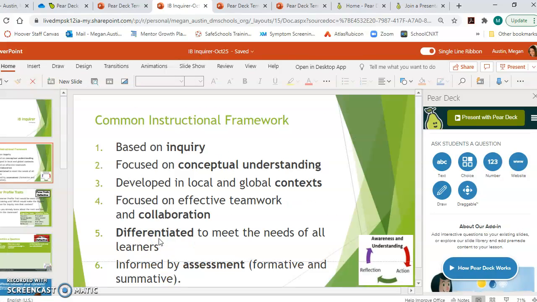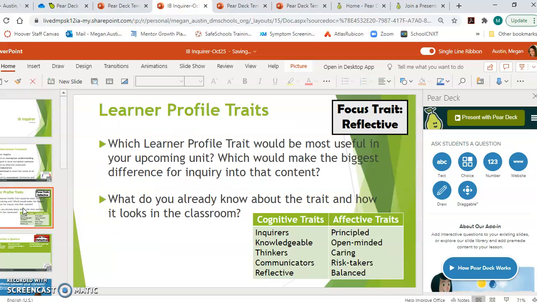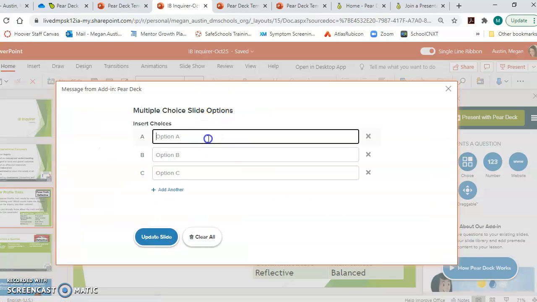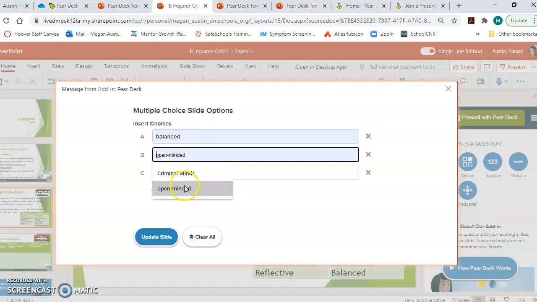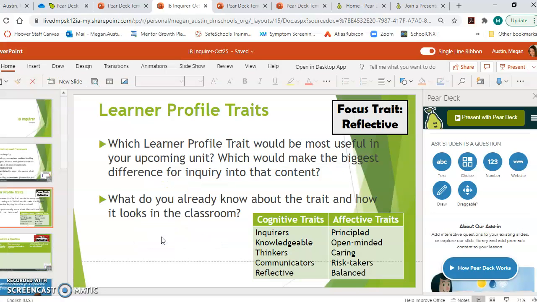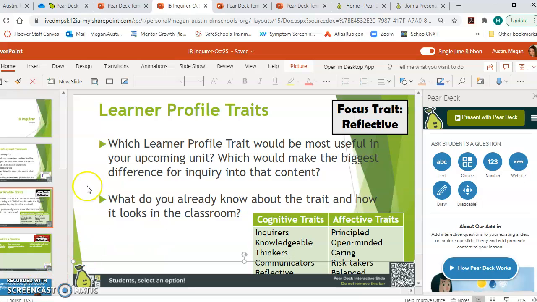So just so that you can see it here. I might show some choices. Okay, and then I can add lots of different ones. Okay, so with those